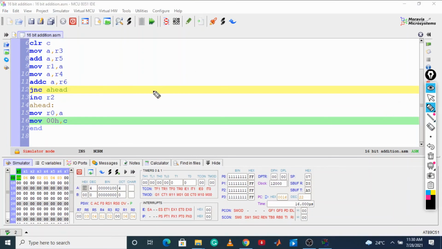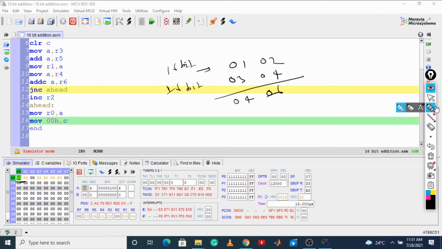Now let me write: 01 02 and 03 04. This was the first 16-bit number, and this is the second 16-bit number. When you add them, you are going to get 04 and 06, as you got it.